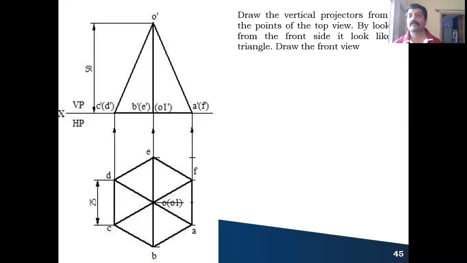That's why I cannot show the axis line, but it is there. Even if I want to draw the axis line here, we cannot see it. Okay, you are looking from the front side: A, B, C you can see, you cannot see D, E, F. That's why D, E, F should be written within brackets. So this completes your initial position, that is, both the front view and top view are completed.